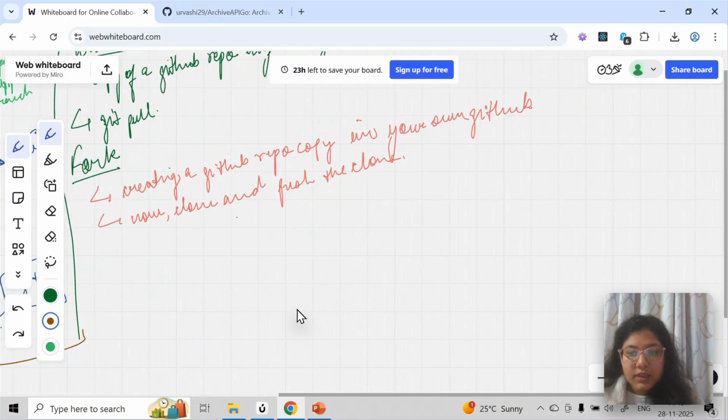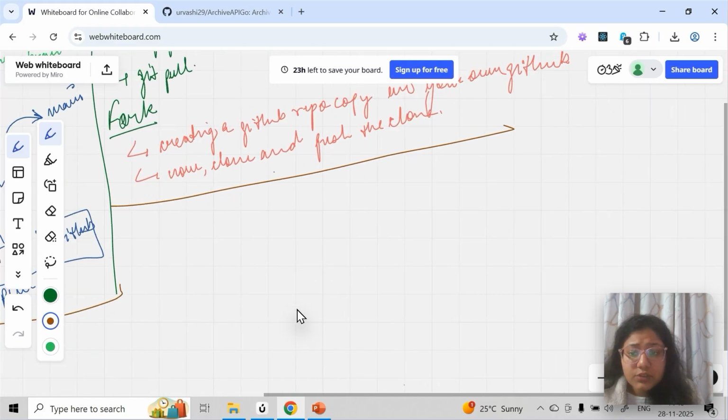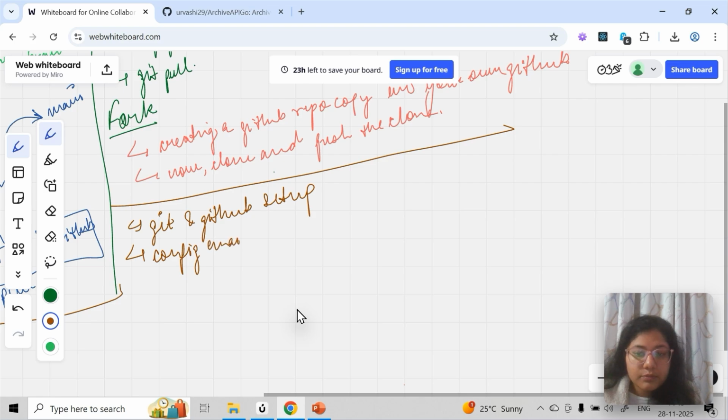And I'll tell you guys one more thing after this. So I'll just go here, git, GitHub setup. Before I go ahead, let's just quickly recall what we have seen, then we'll go to the next part. So we have done git and GitHub setup first. Then we have to config email and username. Next step, we have to know the basic commands, and the terms associated with them.